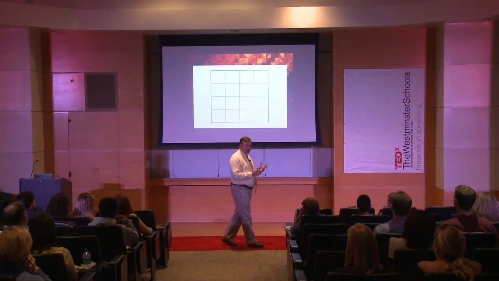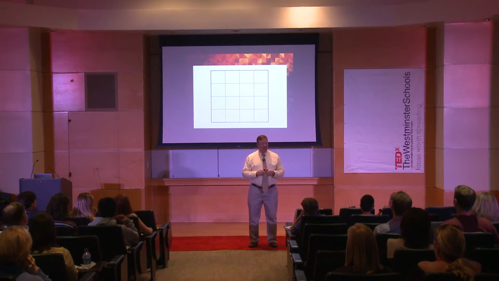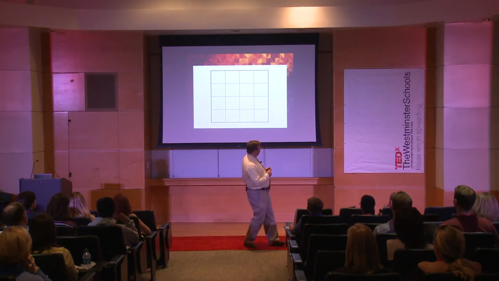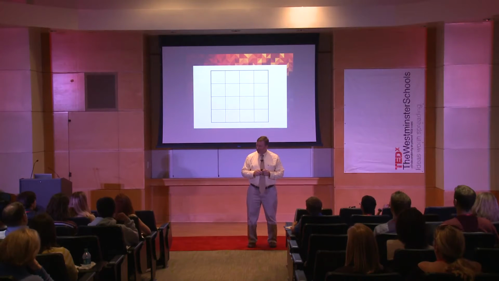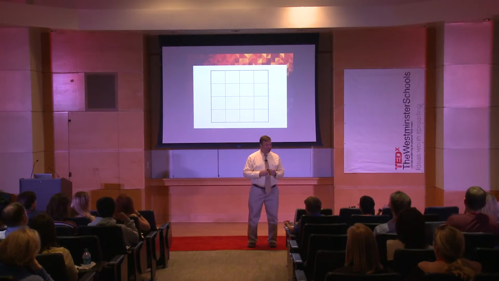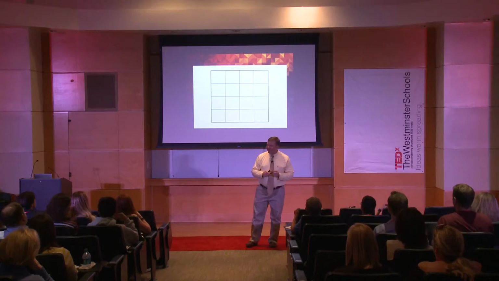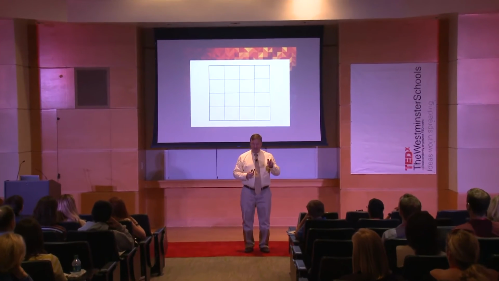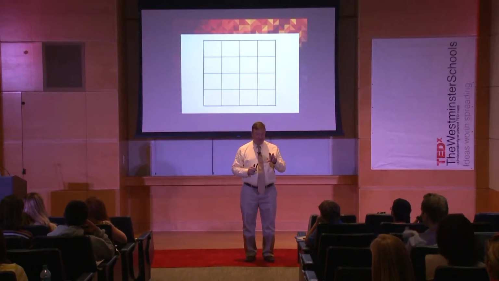And in fact, when I give this puzzle, I typically hear 16, 17, 25, 28, sometimes more squares, which is pretty extraordinary given the fact that we're all looking at the same relatively simple chart. In fact, the answer is 30. By the time you count those 16 squares, the 9 2x2 block squares, the 4 3x3 block squares, and the